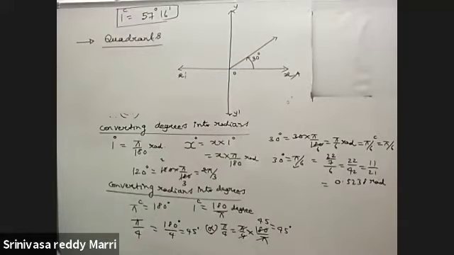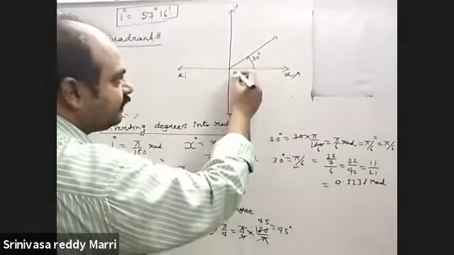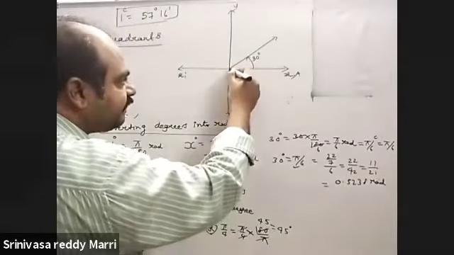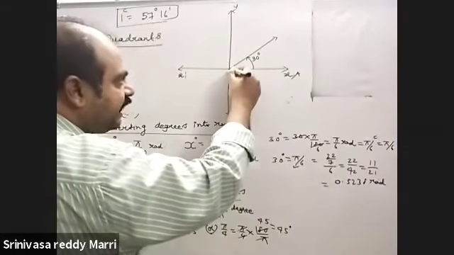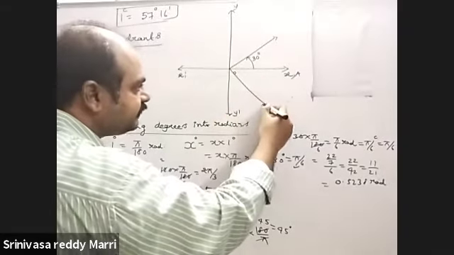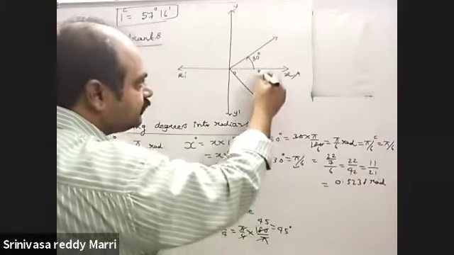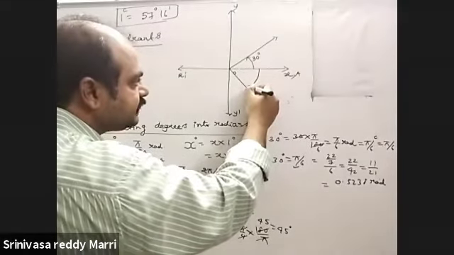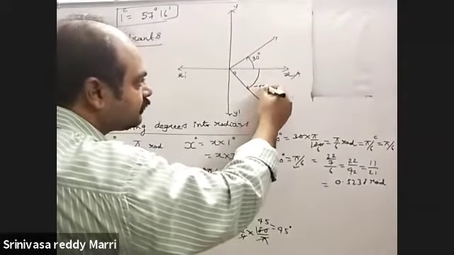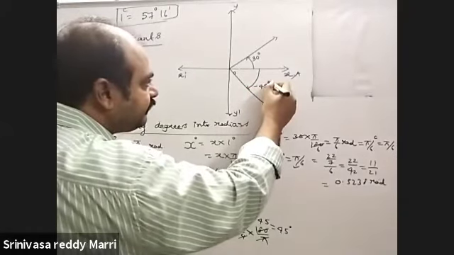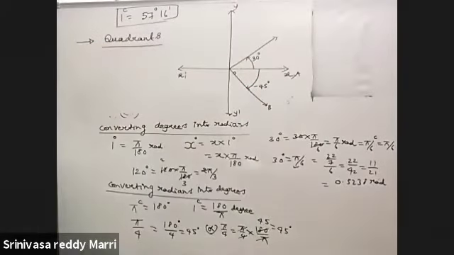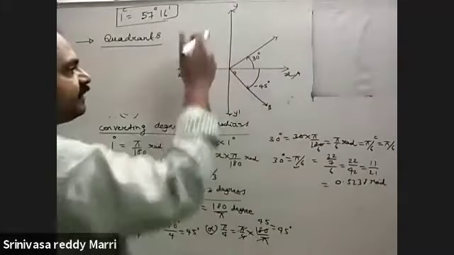Suppose minus 45 degree. This is OA. This is one right angle, so halfway. Like this we will draw a ray. So this angle is minus 45 degree, because we have measured in the clockwise direction. Like that, we can measure the angle.